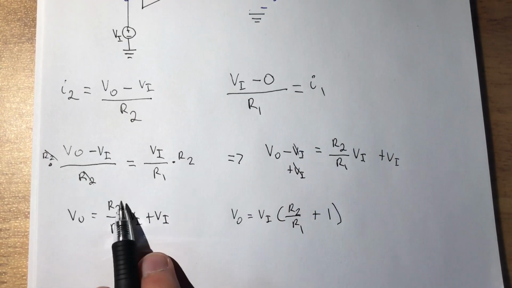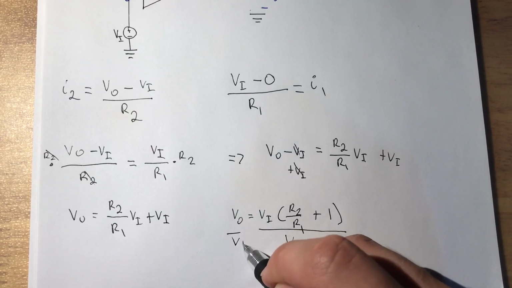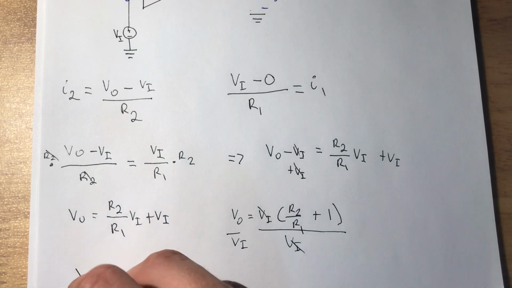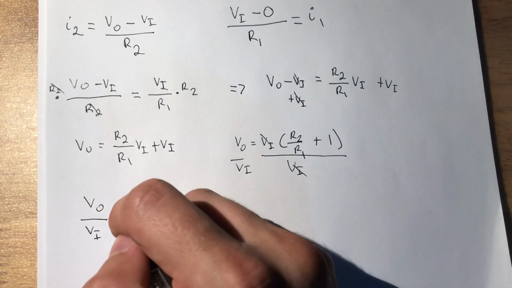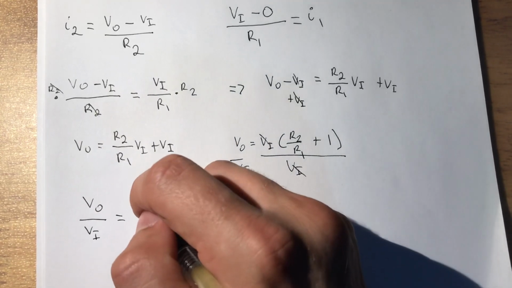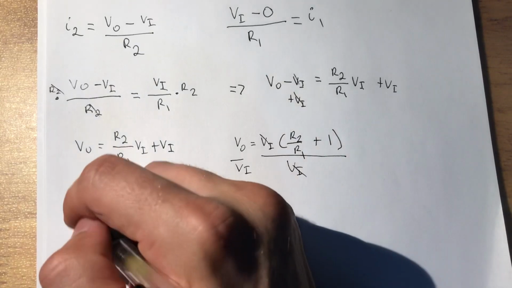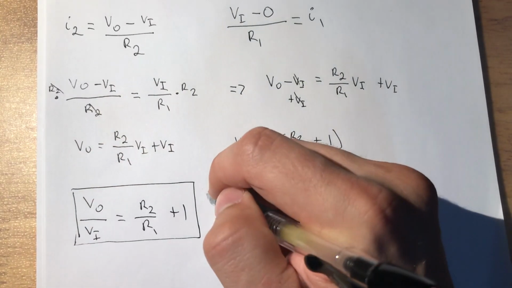Right, so we just factored out the VI. And last step is divide by VI on both sides. And now we have VO over VI is equal to R2 over R1 plus 1. And this right here